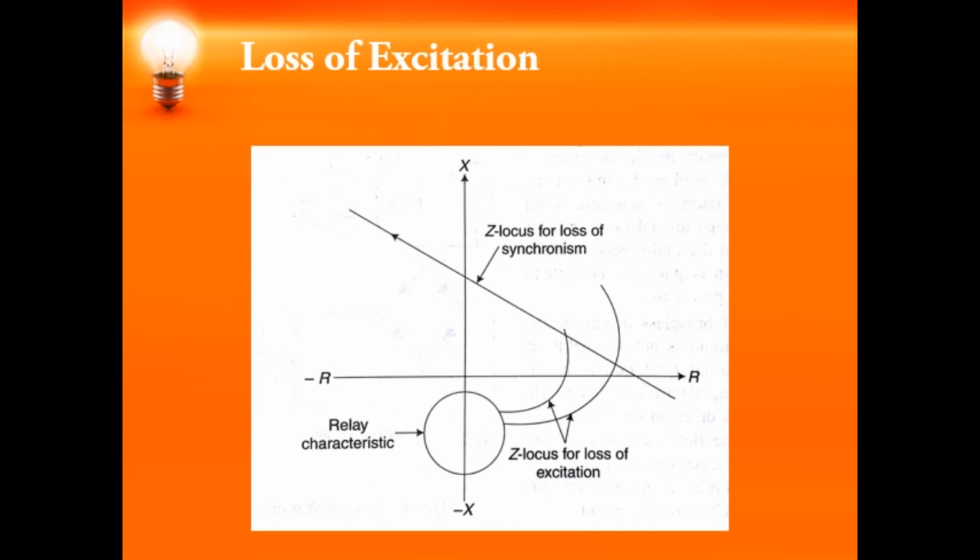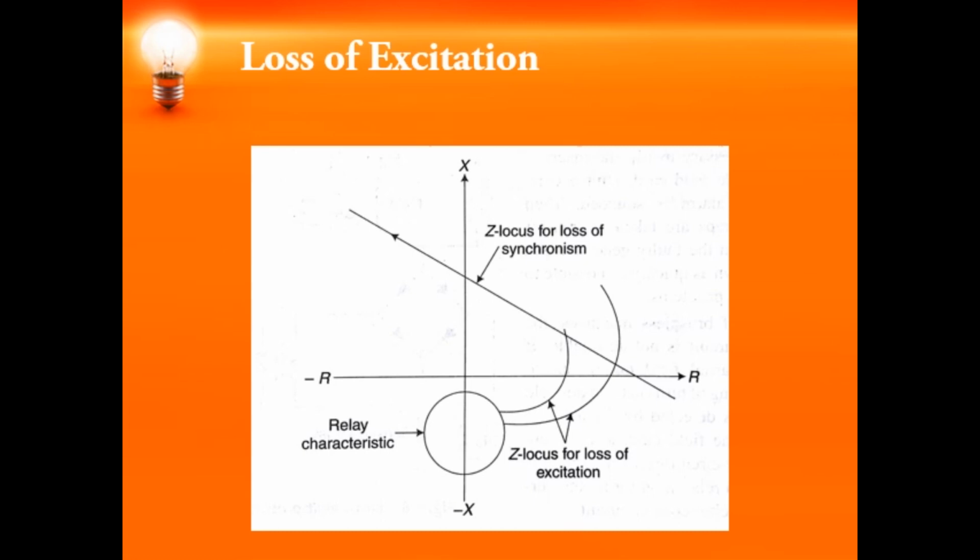The rotor will be overheated very quickly due to the heavy induced currents in the rotor. Whereas in the case of salient pole generators, the rotor is not overheated because they have damper windings which carry the induced currents. The stators of both salient and non-salient pole generators will be overheated due to the wattless current drawn by the machines, which is the magnetizing current. Stator overheating usually doesn't occur as quickly as rotor overheating.